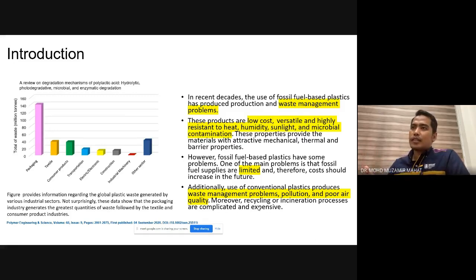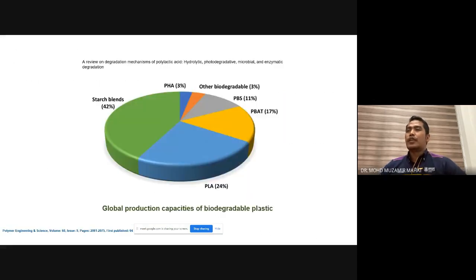These sectors are definitely very obvious and visible to us, especially when we talk about packaging. Nowadays all packages should at least have plastic. These issues have been discussed for many years. Therefore, scientists have put in many efforts to come up with plastics that are biodegradable. Okay, moving on. If you see in this figure,